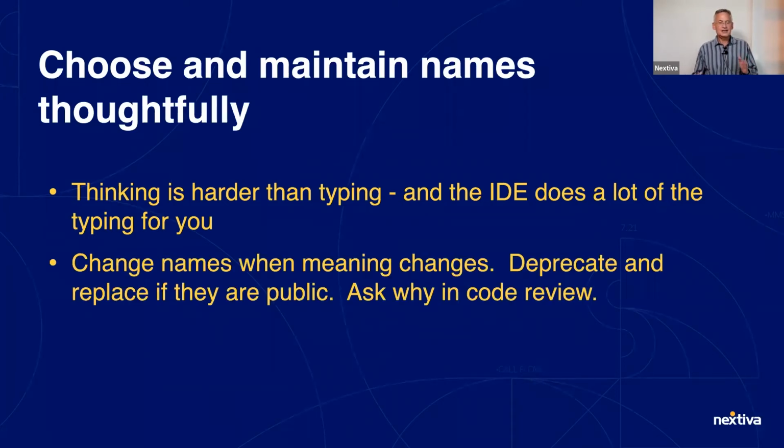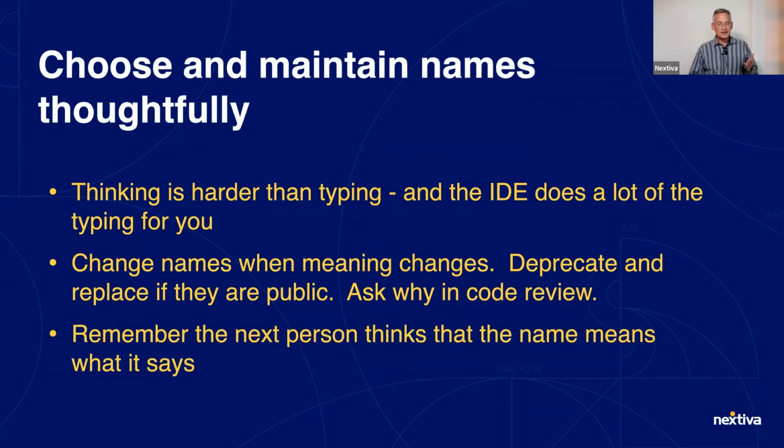And when meaning changes, you can't just keep the old names around. And it's hard, you have to deprecate and replace and all that kind of stuff. But having things named, the next person thinks the name means what it says. Again, it's thinking about that next person. They come into the code, they see something that has a name, they expect that's what it is. And if it's not that, then you're making it harder for them. It's simple. It's more likely they're gonna make mistakes, and it's also more likely they're not gonna find what they're looking for.